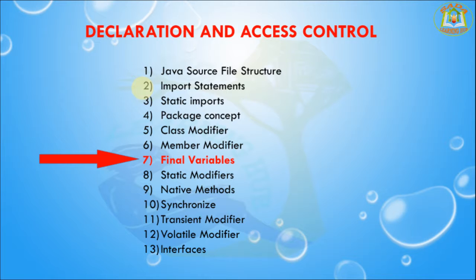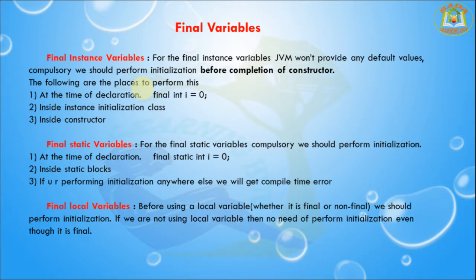Today's session we are going to learn final variables in Java programming language. Final variables, final instance variables. If the value of a variable is varied from object to object, such type of variables are called instance variables. For every object, a separate copy of instance variables will be created. For example,